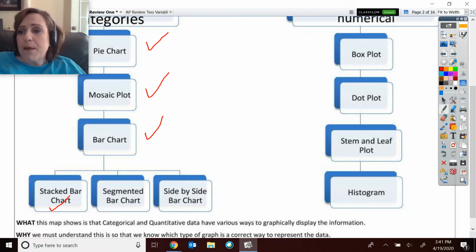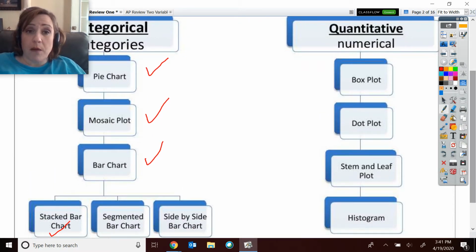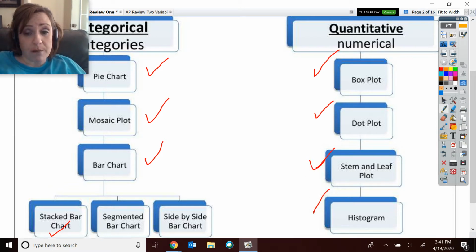But then we actually have several numerical types of graphing. We use those more frequently than the categorical. Our box plot, our scale, box, fences, whiskers, and so on. We'll talk about that. We've recently made dot plots and stem and leaf. We'll review that. And then histograms,